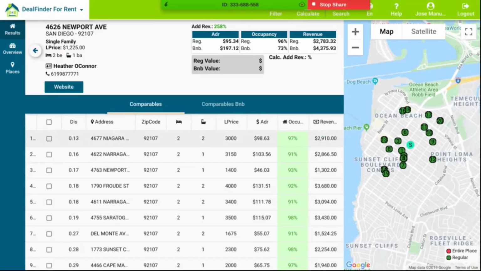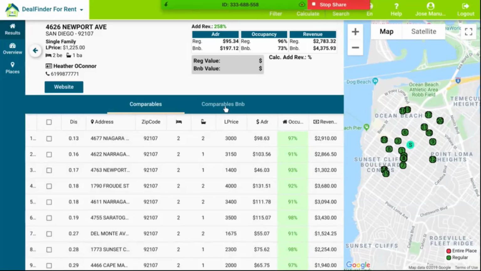To make sure that the numbers are correct, I have all of the comparables, so I can check them out. For example, right here I have this property. It is listed for $1,200, as I was saying before. I want to compare it with regular rental properties that are currently for rent or have been rented at some point in the last 12 months. That's the way for me to compare them.